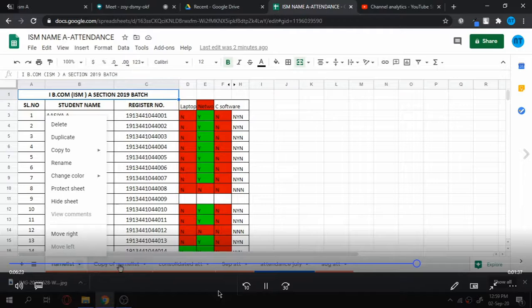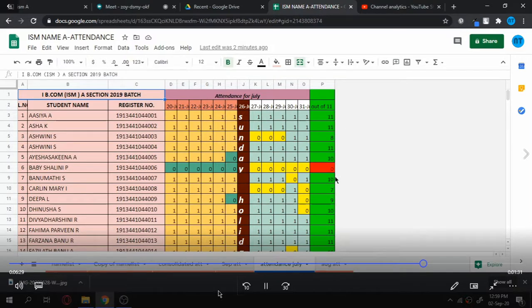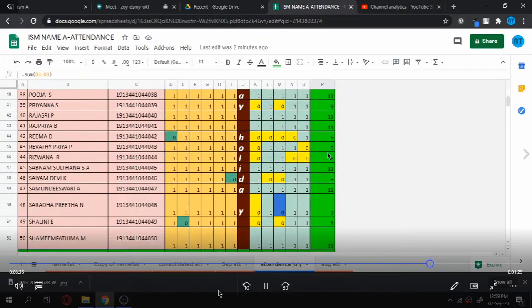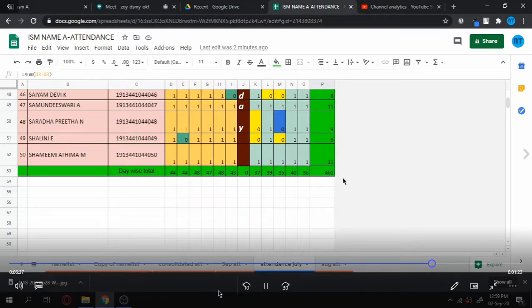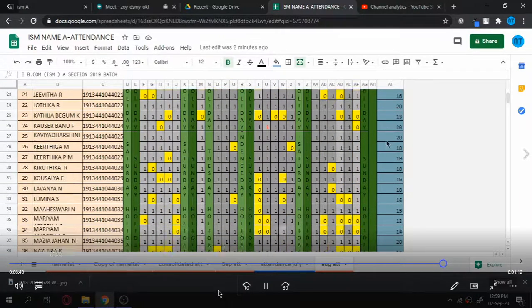So you can get one more column, and I removed the other unwanted things for this sheet, and then I have made the attendance. I am showing how to make the consolidation attendance, how I am copying the attendance from the July attendance, okay. So the July attendance I have to copy, then the August attendance is there, and I have to copy this. This is the August attendance, and I have marked it as I told you in the steps. So I have to go through this.